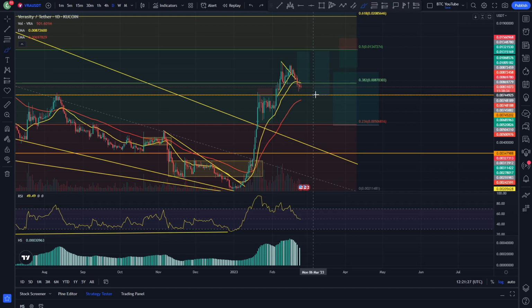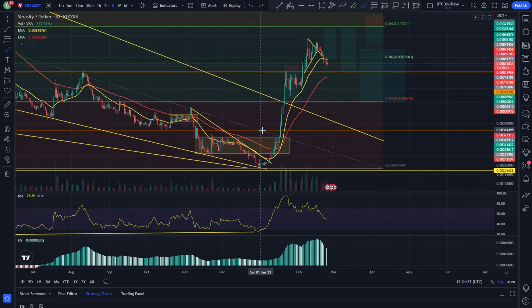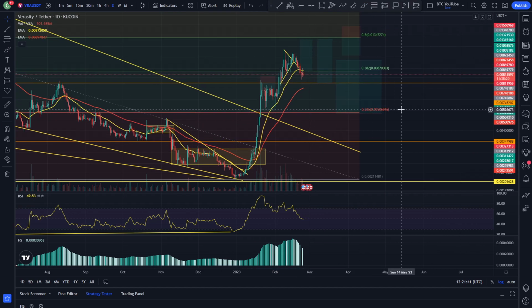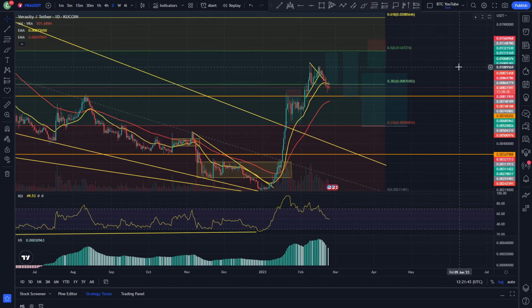I've got another long position here that I'll be scaling into long positions as we retrace, and I've got a very considerable long position down here at the 0.23 as well. We absolutely melted through this, didn't we, and didn't even consider it on the chart. But if we did something like this and got a backtest continuation, I do think that could be fairly possible as well. But right now, Verasity really just retracing, having a little bit of a chill, a little bit of a cool off until we see what happens next.